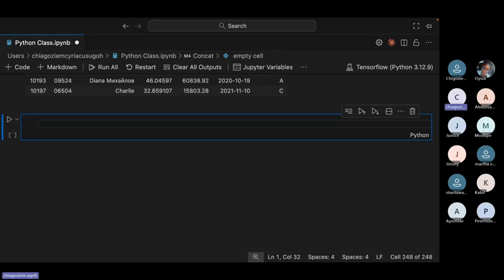So that is literally what we are going to do. It's going to be really basic, but it's going to give you a very broad idea of what to do in scenarios like this. Then when we do that,